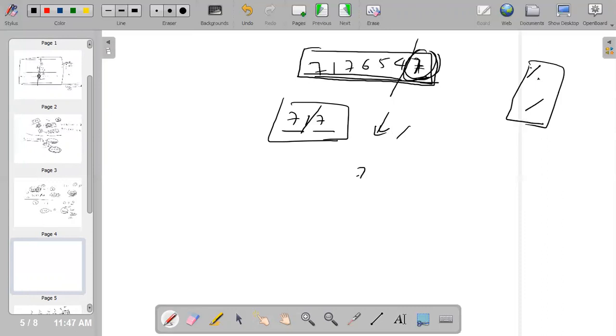Once this is cracked, my next thought process would be: I need to get how many 7s are there. If someone can tell me how many 7s are there in this left part, then I can decide.